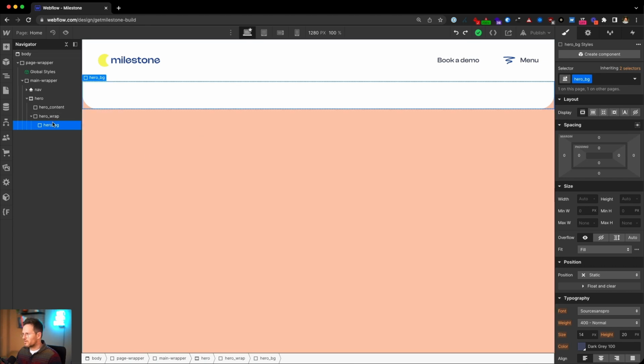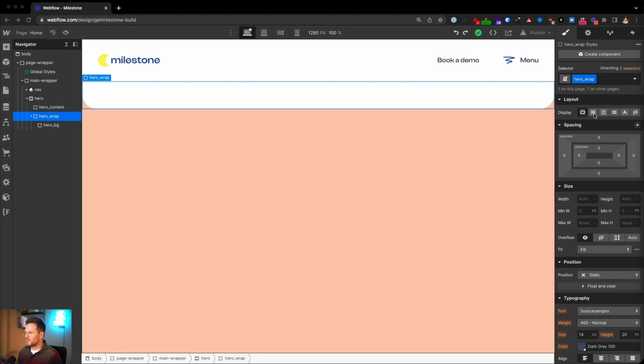Let's start with this hero BG because in this element we will have the background and the Lottie animation. Okay, let's start with the hero wrap class. This will be kind of our container, so most of it will match the container column 12 class, but not exactly. We will see the difference pretty soon.